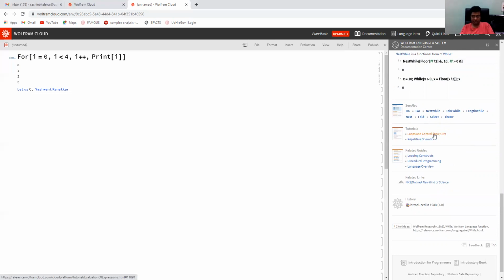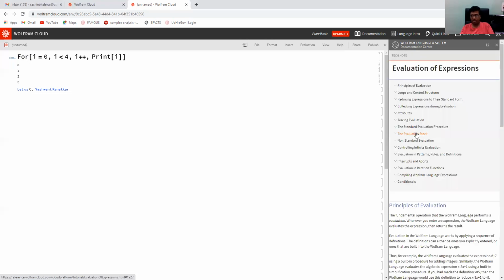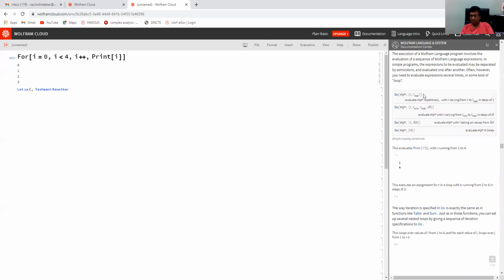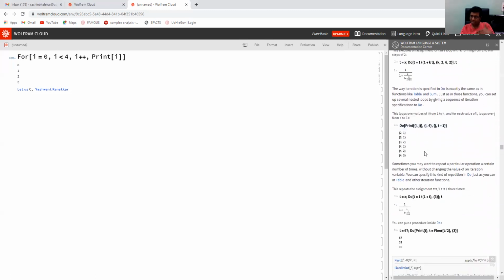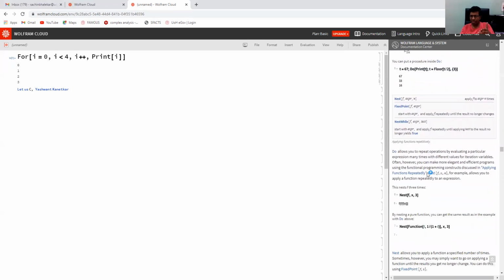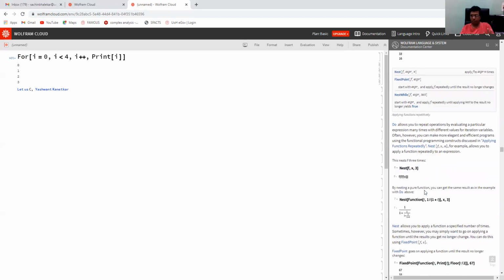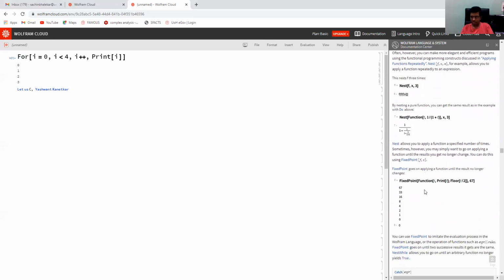Okay, if else thing is also there. We will discuss if else, but I suggest you read these tutorials also, loops and control structures. Here you will find loops and control structures. There are neat examples given. Do loop is also discussed. Nesting, these are higher programming things. You may not study all these higher things, but simply for while loop, for loop, that is also sufficient.